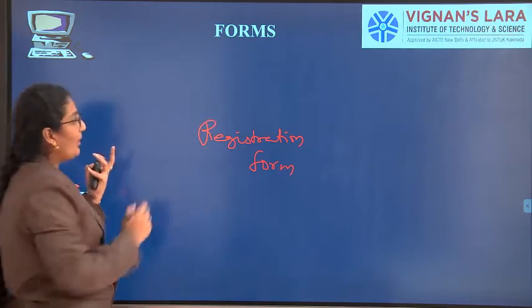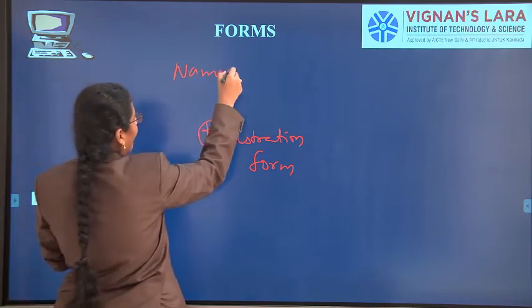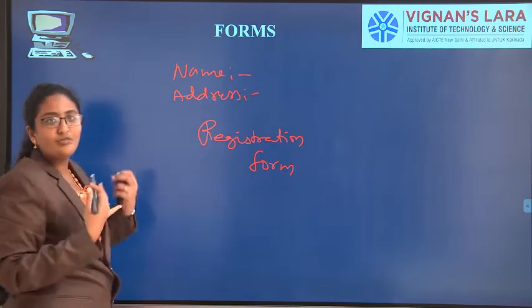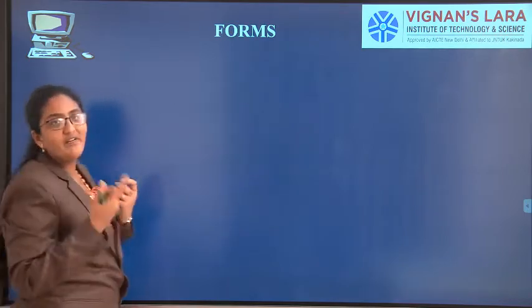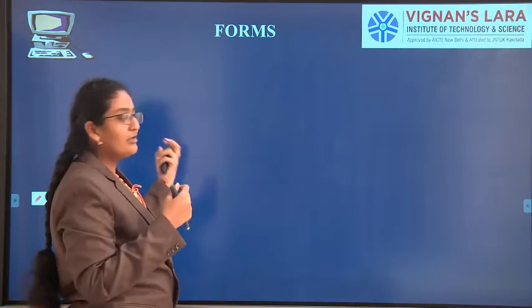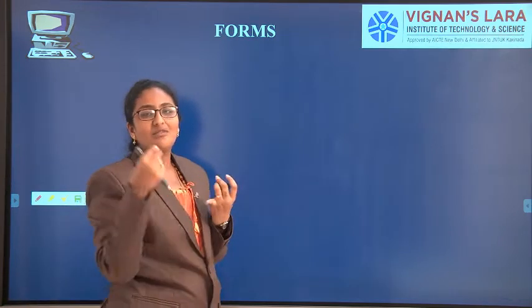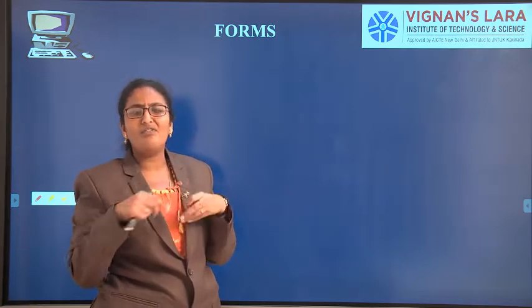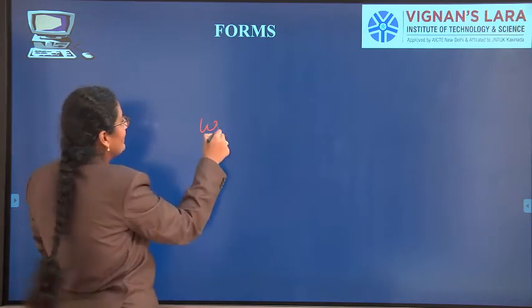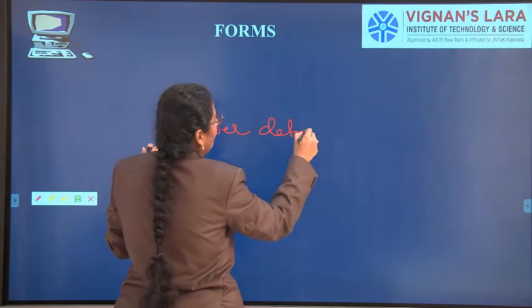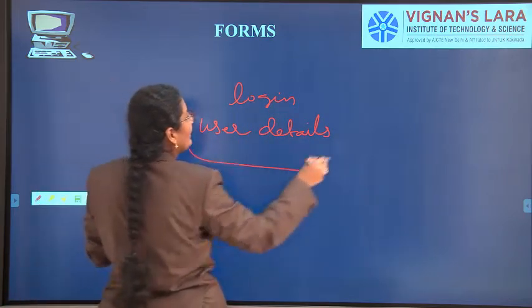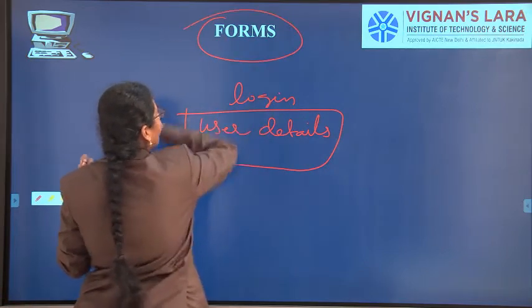So what actually is a form? You have to give your name, address, anything like this, you will call it a form. See, I want to join a college, I should fill some form. I want to book something in Flipkart, I should log in, that is a login form. Registration form, login form, sign up form, different types of forms we will have. Why these forms? Actually, for user details. To log in or register or to sign up using user details, we have the concept of forms.